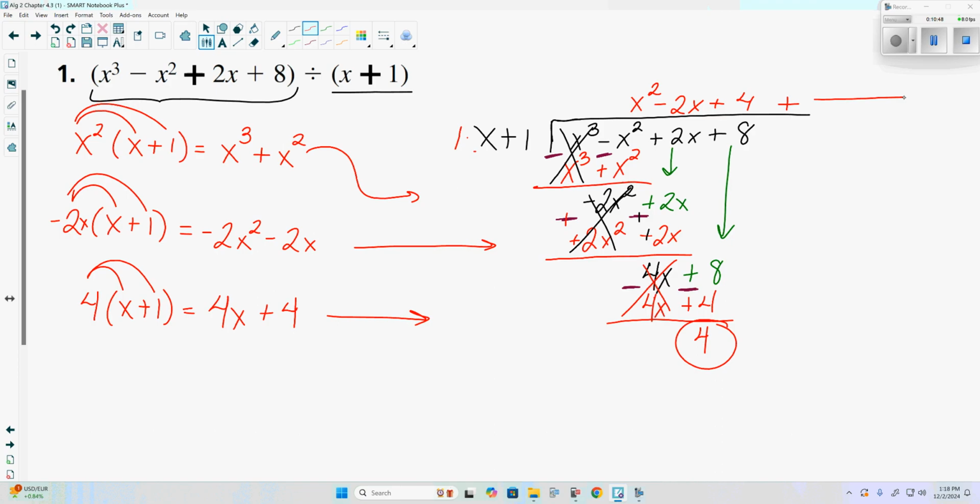Okay? Are we ready for this? So what was the remainder? 4. It goes on top. What were we dividing this by? X plus 1, yes? It goes on bottom. And that's it. That's it. So it's just the same set of steps again and again. It is tedious. It does take a while, but